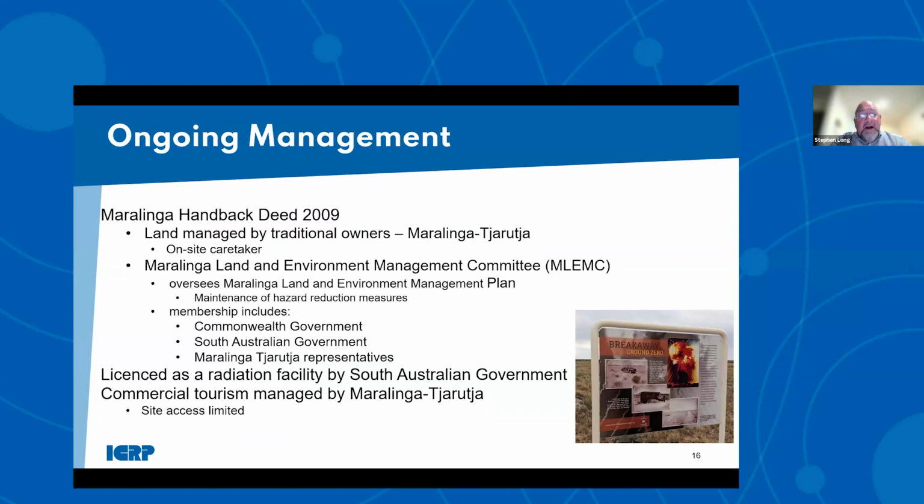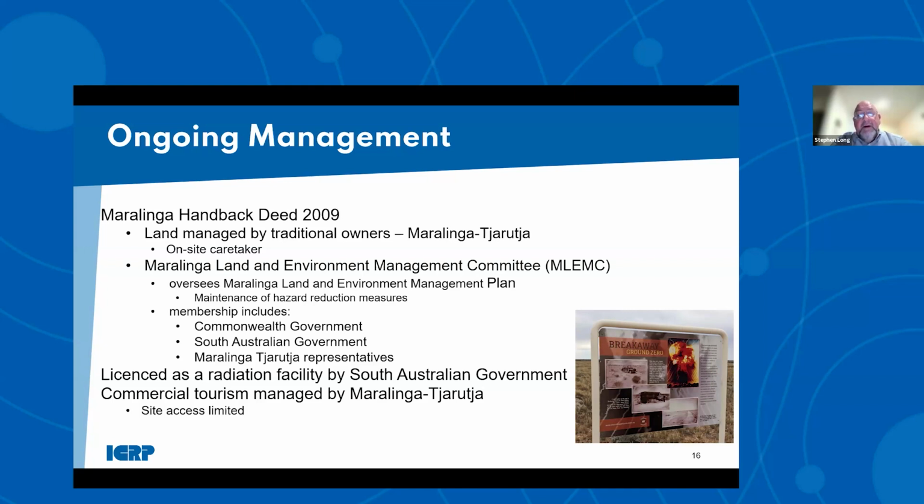Its membership comprises Commonwealth Government representatives, South Australian Government representatives, and representatives of the Maralinga Tjarutja. Again, the traditional owners are of equal standing at the table in that management committee. And it's there to oversee the Land Environment Management Plan and primarily the maintenance of the hazard reduction measures implemented